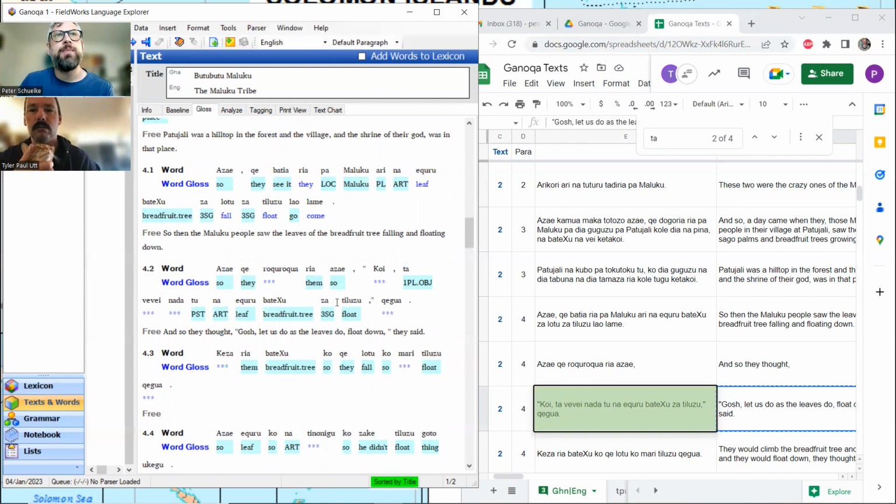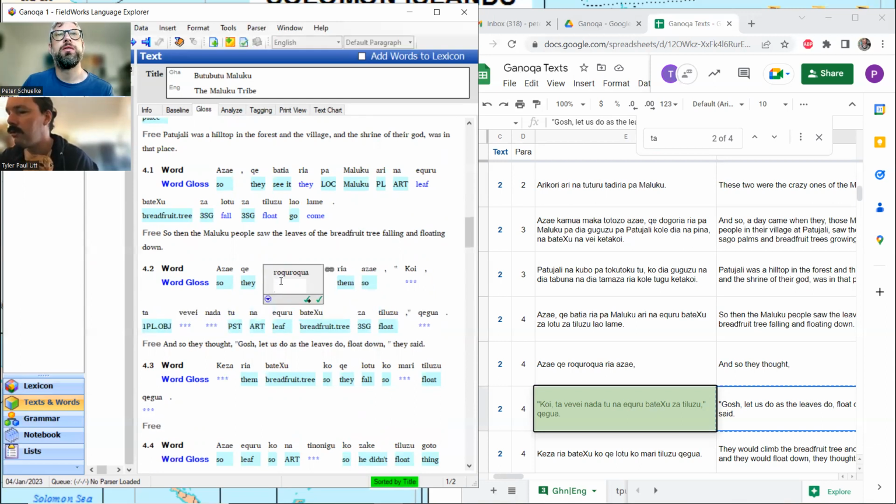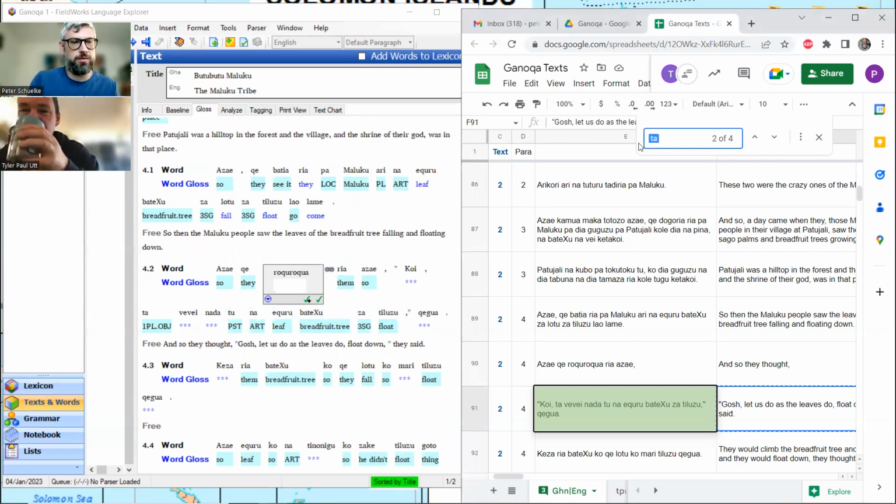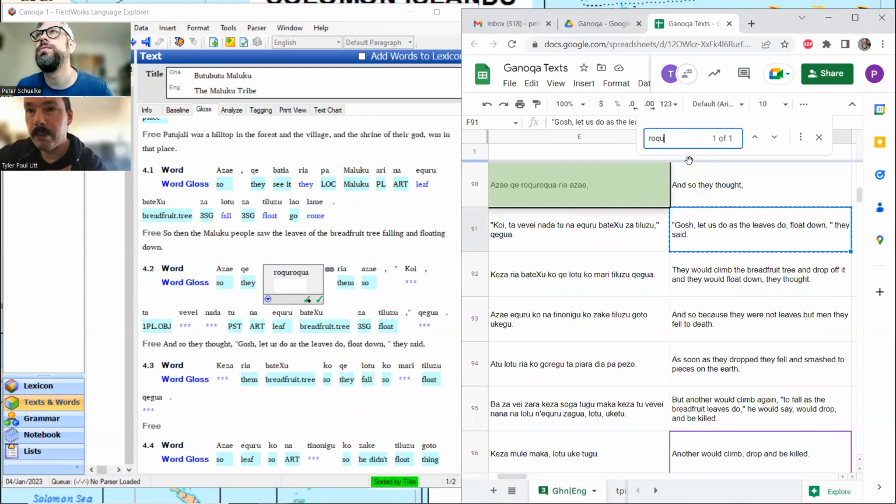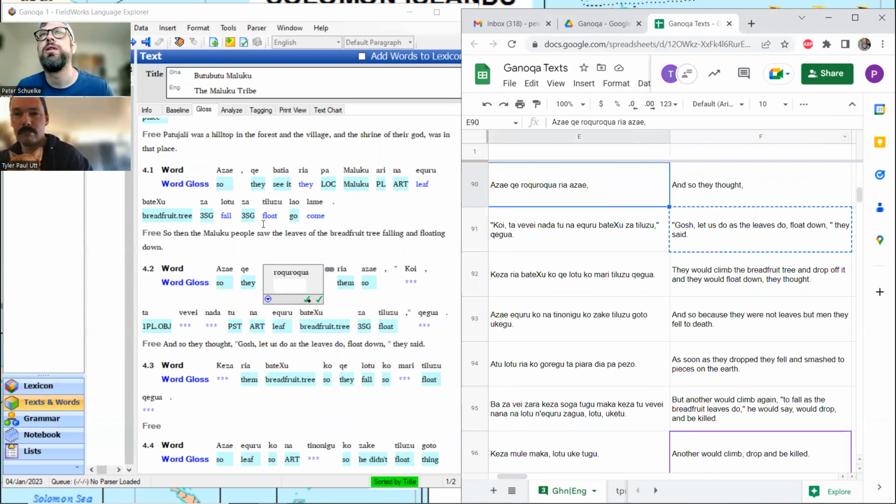All right, and I think we got most of the words in this one, except how. Rongu, rongua. That's a good one. Must be thought. I think it is, yeah. Do we have more than one instance of it? Let's go look for one hit. Let's look for rongu. That would be our verb. This is the only occurrence in both texts. Jeez, that is correct. It is the only occurrence.